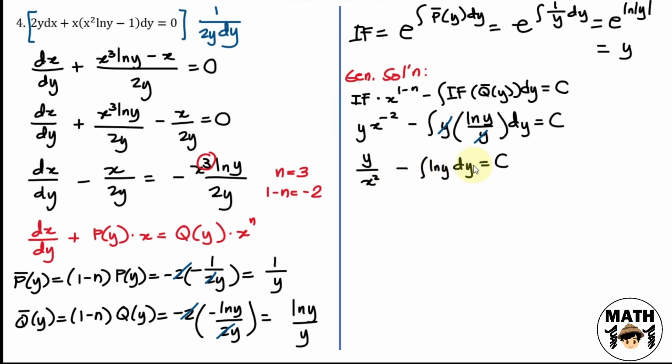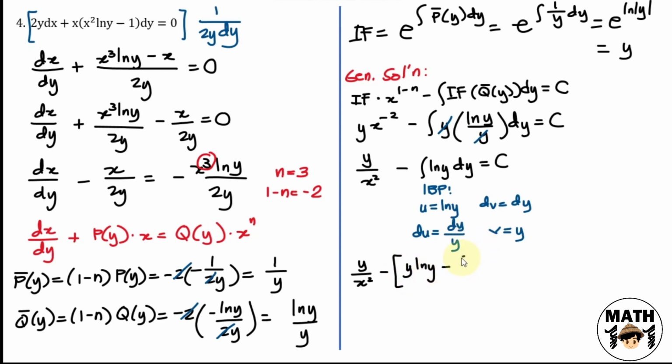How can we now solve for the integral of this? Let us try to use integration by parts. Set natin u as ln of y, then dv is equal to dy. Let us solve for the derivative of this. Du is equal to dy over y, and the integral of this is v equals y. So we have y over x squared minus quantity uv, y ln of y, minus the integral of v du. Y over y is just 1, so ang matitira lang dito is dy